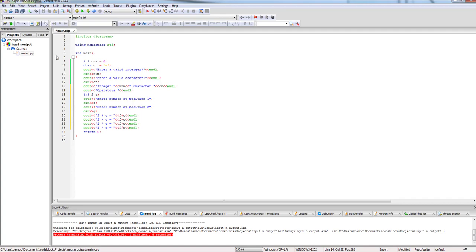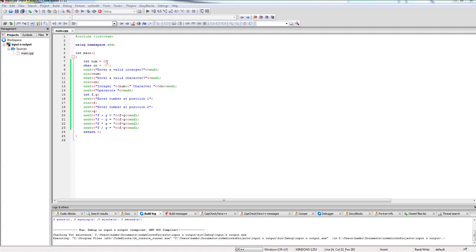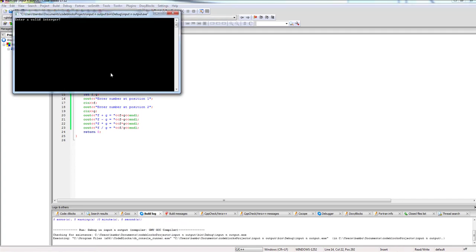Okay, so if we run it, we get the following: enter the integer, that's 5, enter our character, that's k, and then at position 1 we put 10, at position 2 we put 5, so that we can then get to display whatever our results may be. So here ends our